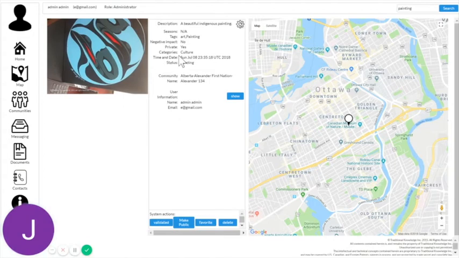So you see the timestamp, you see the categories, the community that it's associated with, and the user information. Here's the photo, of course, that you will recognize, and over here on the right is the map with the pin. So that pretty much concludes our presentation of a general overview of the Protektant product, both the mobile application